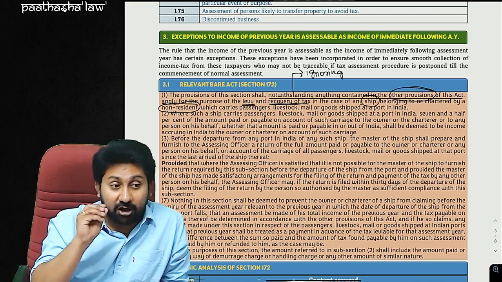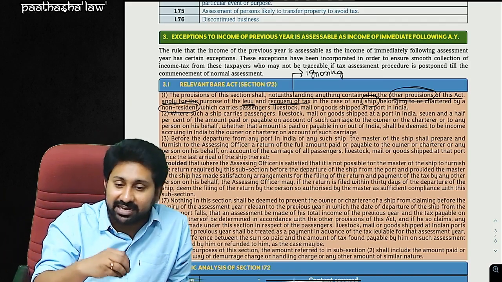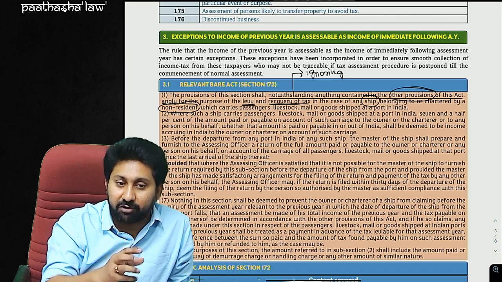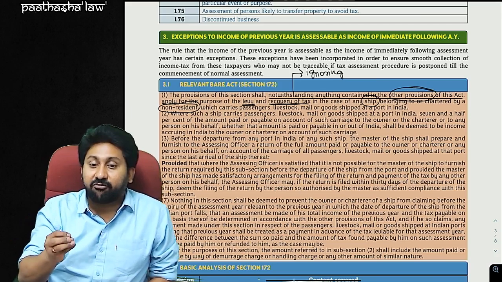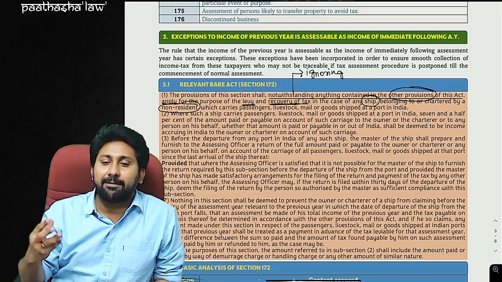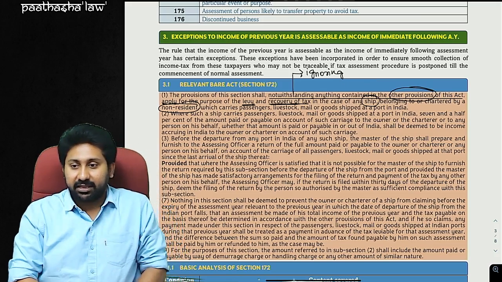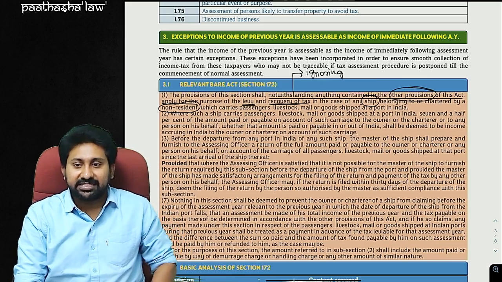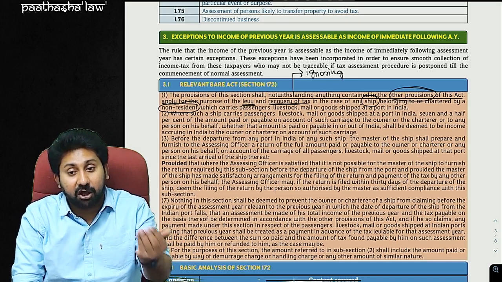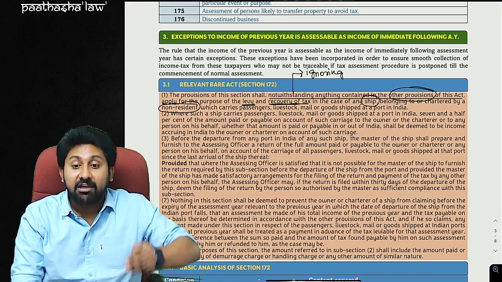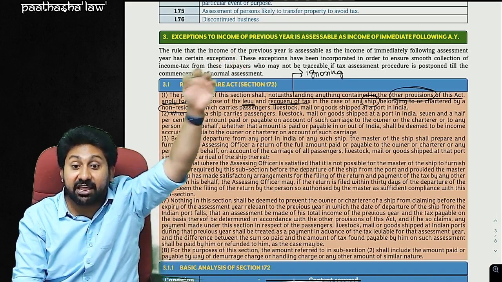If that person is a non-resident not having any stable income source in India, stable or unstable here means not from the revenue point of view but from the asset point of view, the generating source point of view. The revenue is generating from what? From what are you getting income in India? I am getting income in the form of freight. Carriage means freight here. This section is concentrating on income coming to the non-resident in the form of freight charges for carrying goods belonging to some other person, where I can't seize them.